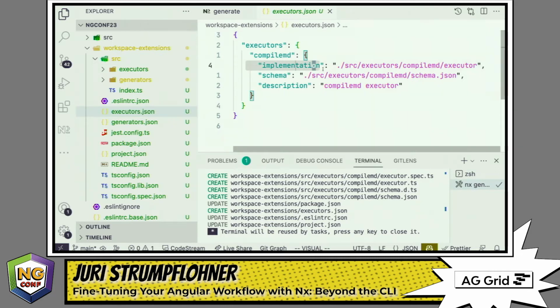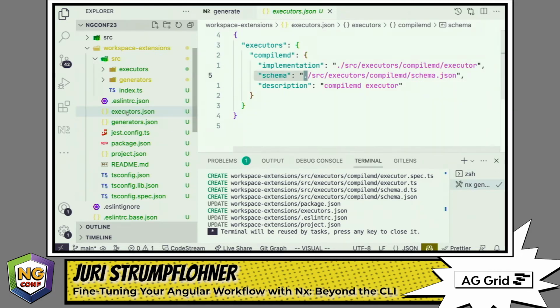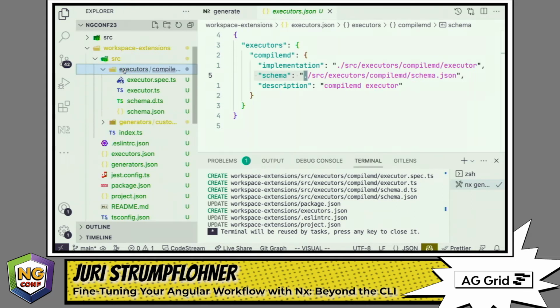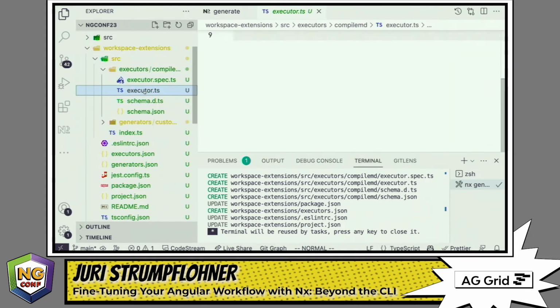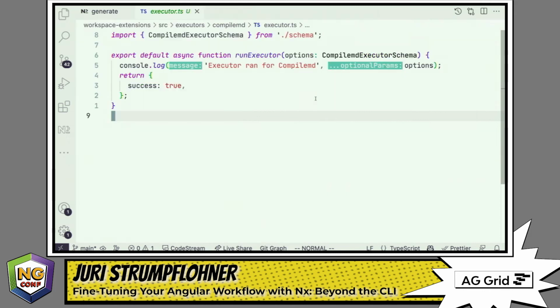We have the different pointers to the implementation and schema. This is for discoverability by Nx and also Nx Console. And then it creates the various implementation things in here. You can see it's a pretty straightforward function that gets a couple of options, runs the tasks that you need to run, and then returns an object that gives information about errors